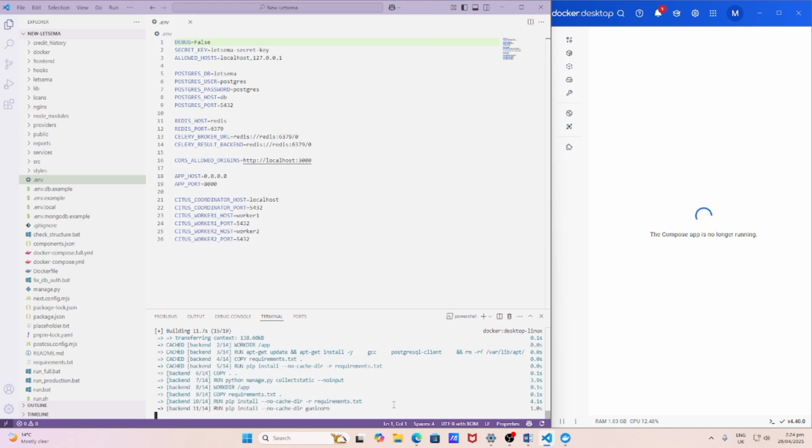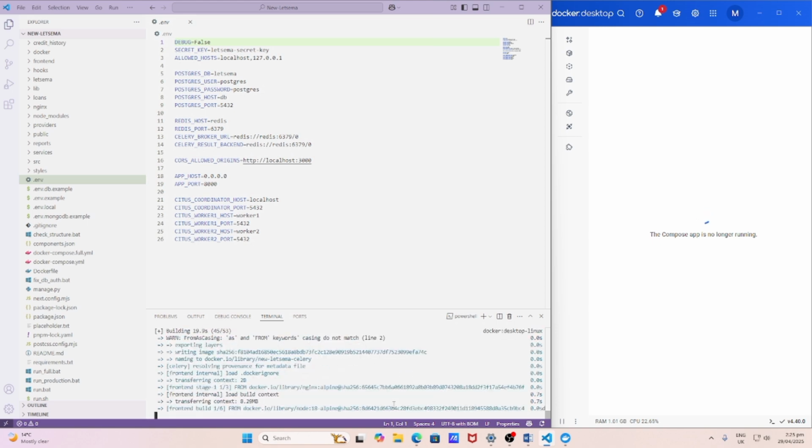As you can see, everything is starting to run. That's how we bring everything up, by running that run_full.bat script, which checks that the setup is complete,